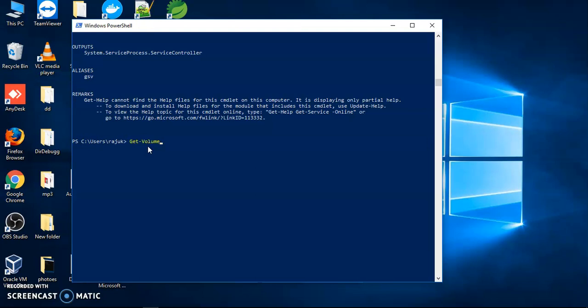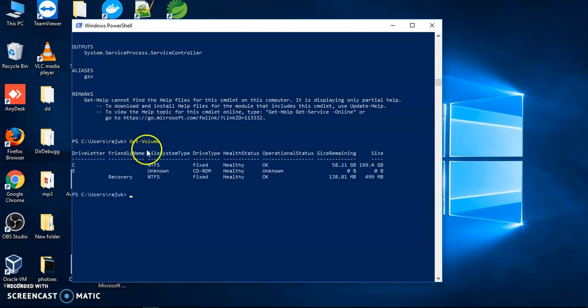If we want to get information about how many hard disks and how many partitions we have in our computer, all of this information can be shown with the help of this command. After writing this command, we have to hit enter. Now you can see it is showing C, the C drive.